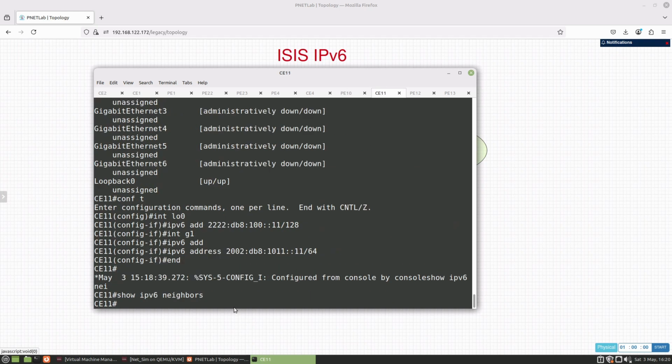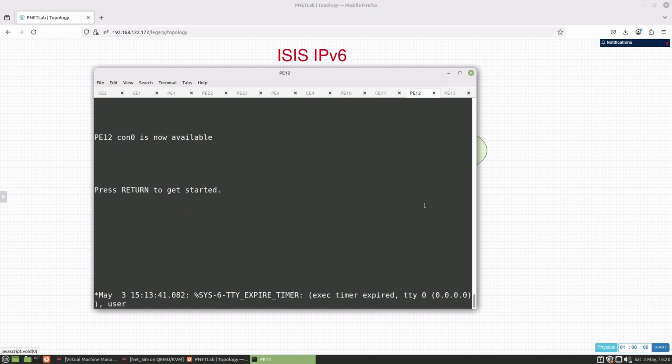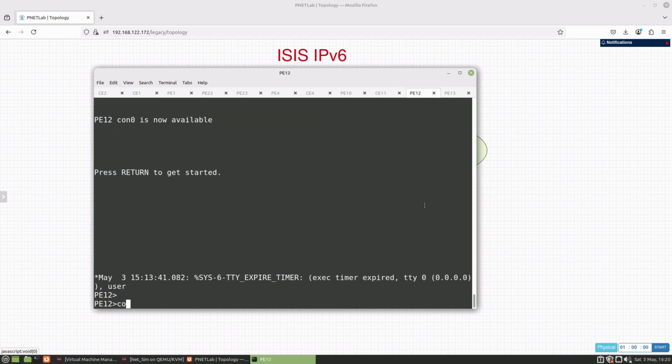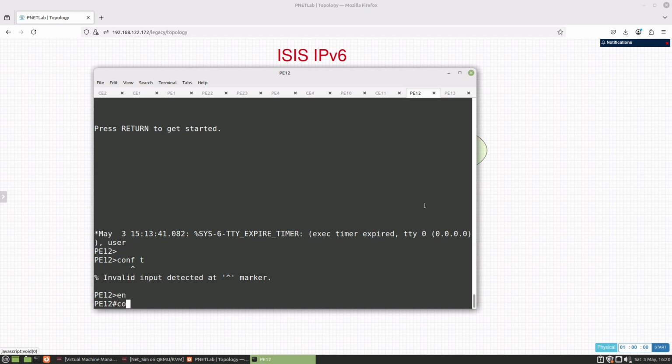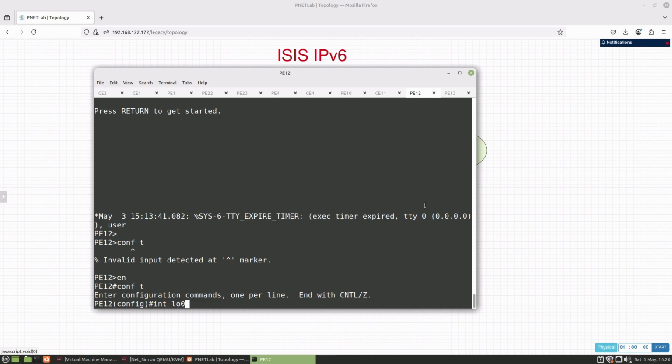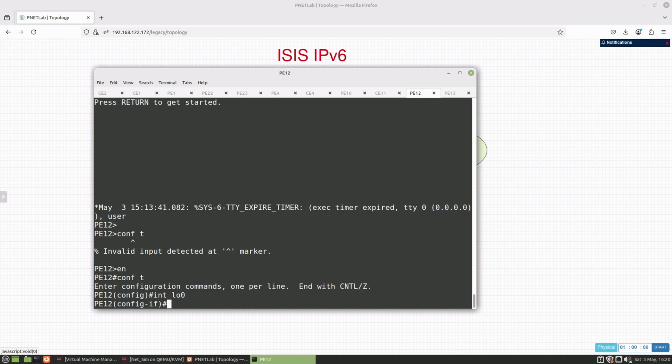So CE11, all right, so we've done loopback 1, so CE11, so P12. And let's go enable first, conf t, interface loopback 0. And we're on P12. Okay, so let's do IPv6 address 2222 colon db8 colon 100 colon